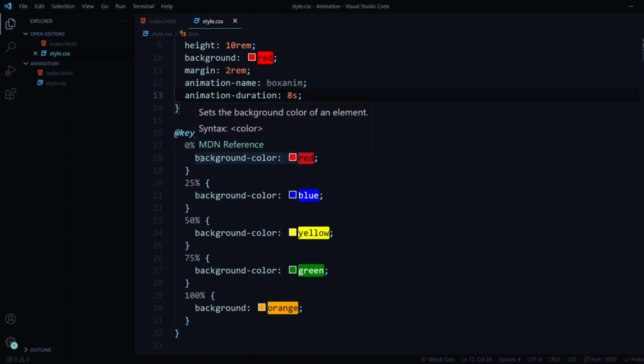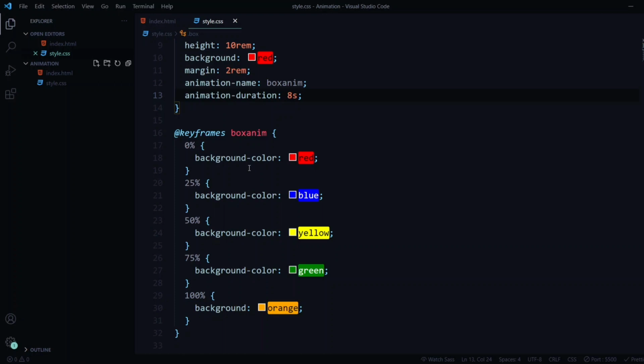Okay, moving forward, the property that we have is called animation delay. So in this one, what it specifies is the delay at the start of the animation. Okay, so I hope you guys understand what delay is. So late, it starts late. If you arrive late somewhere, it's called delay. If you are held up somewhere, it's called delay. So that delay is the time you have to wait before starting anything.